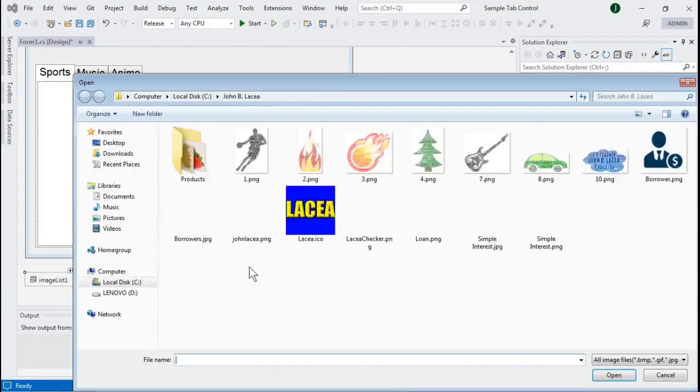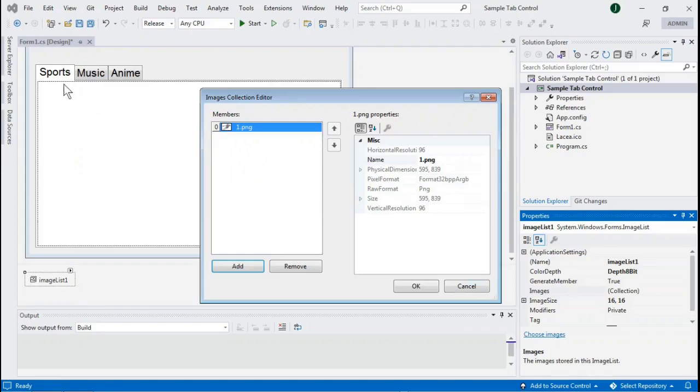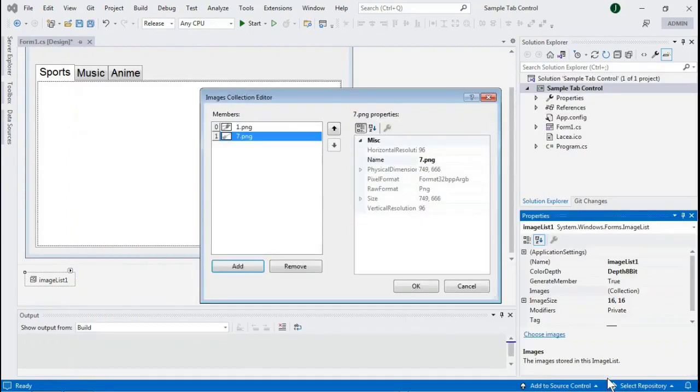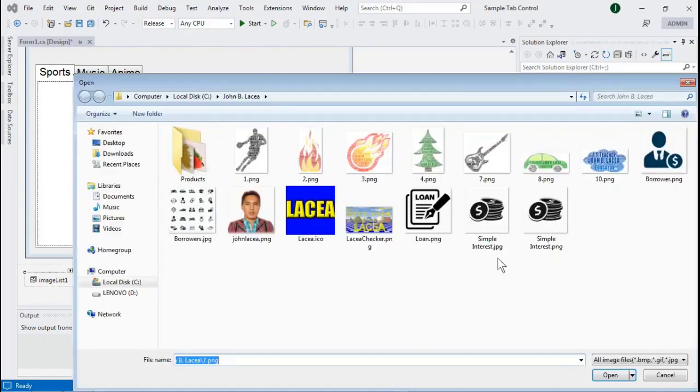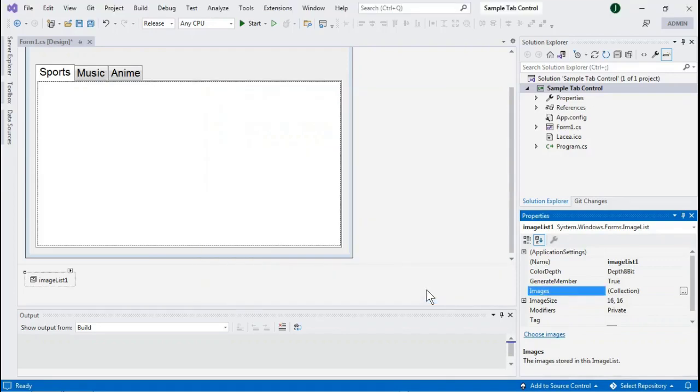I click the add button, and then I will select an image for the first picture. For the second tab, I will add another image, and then I will select that picture, and then for the third image, I will click the add button, and then I will select that picture. And let us click OK to close this image collection editor,